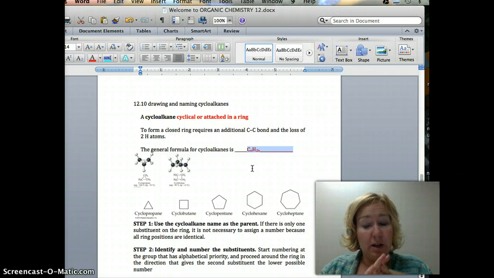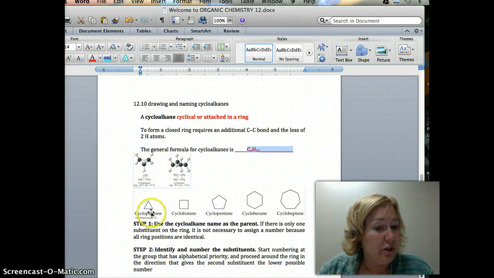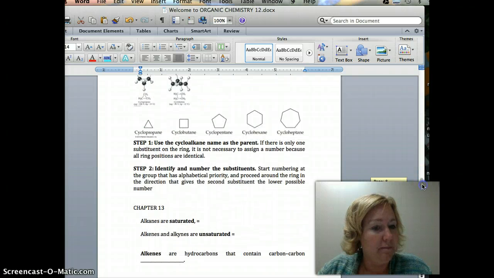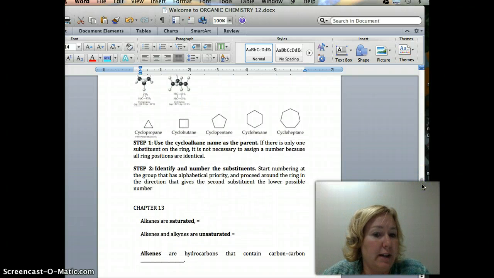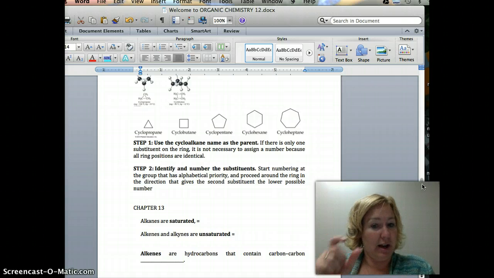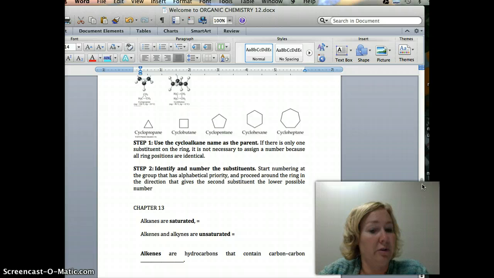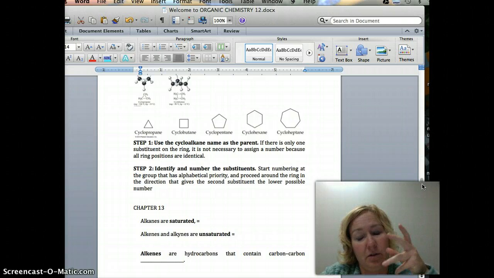give you some indication. Is there a triple bond? Is there a double bond? Is it cyclical? What's going on? I don't have the right number of hydrogens. And then you're going to draw them like one of these little guys here. Use the cyclohexane name as the parent. So that's like you would put in the parent name. If there's only one substituent on the ring, it's not even necessary to assign the number because it's a ring. Nobody cares. It's a circle. There's no beginning and end. So you just will put like